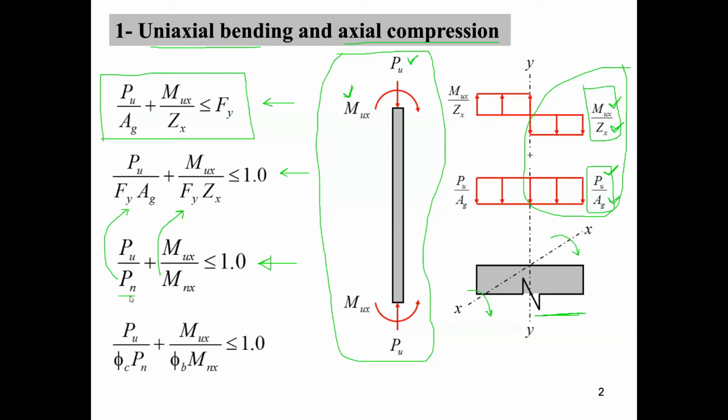the nominal axial compressive strength, Mn is the nominal moment strength, and in this case, Mn is equal to the plastic moment. In LRFD method, design strengths should be used rather than nominal strength. Therefore, the reduction factors phi C and phi B should be included, and the last equation can be rewritten as